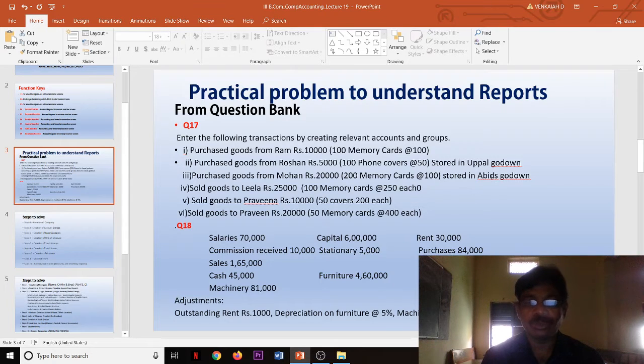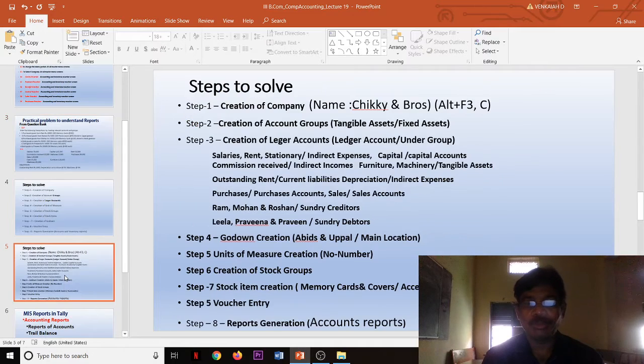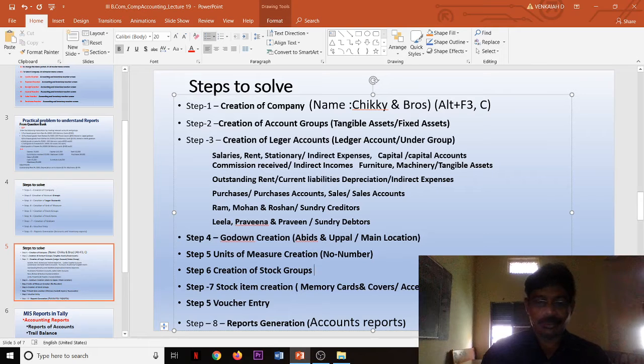Uppal and Abids godowns are there, these two godowns for understanding purposes. As well as memory cards and phone covers were taken as stock items, and memory cards and phone covers we usually make into mobile accessories, and I created a stock group called mobile accessories under primary group.